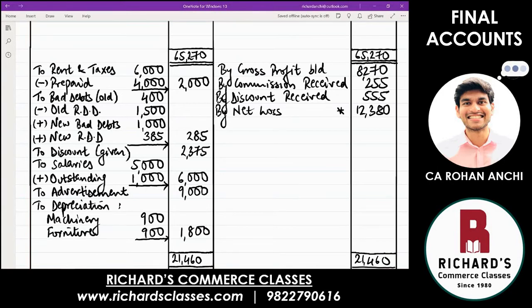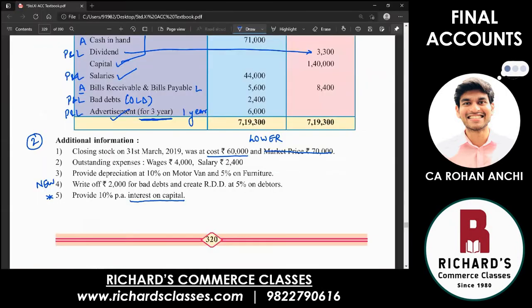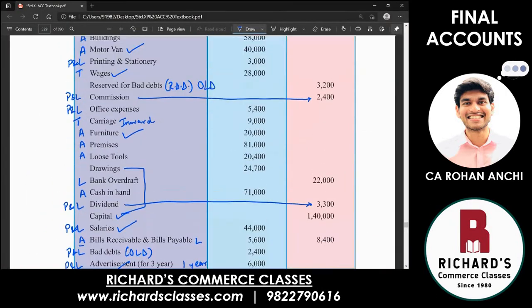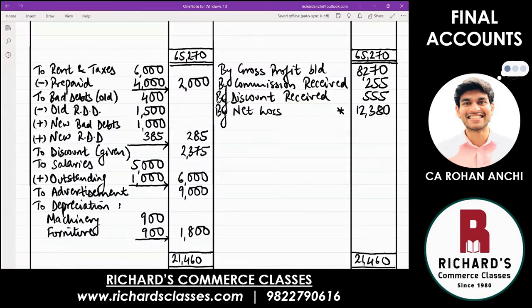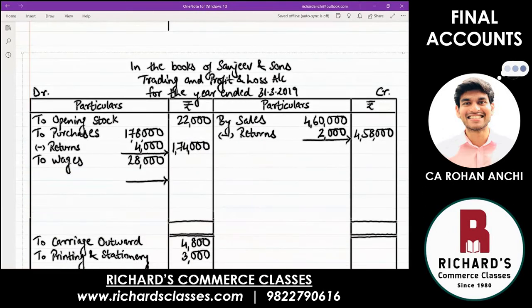There is a reason also for that. If you look in the question, RDD, the old one, is on which side? It is on the credit side, 2,400. And that item we are trying to bring, sorry, the one above, 3,200. That is your old RDD. We are trying to bring that item on the debit side for writing it all one below the other, which is why a credit item can come to a debit provided you put a negative sign. So that is the only item which is written with a minus sign. So what we will do is write down all those 4 items one below the other first only and keep it ready.